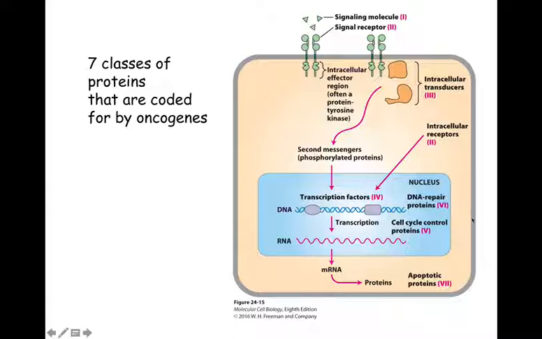There are oncogenes that are involved in DNA repair, so that if you can't repair mutations, which are just going to accumulate from any organism interacting with its environment, and if you can't fix those, then they can lead to